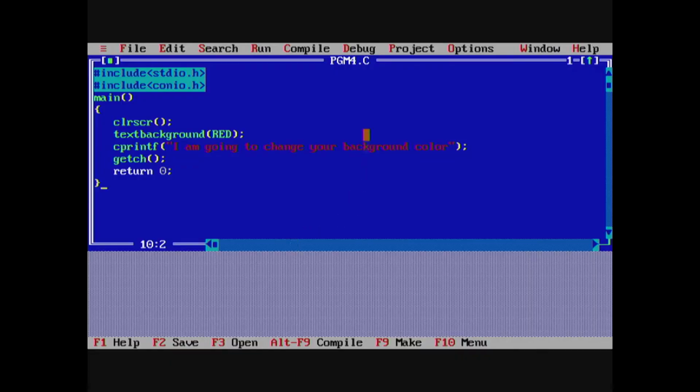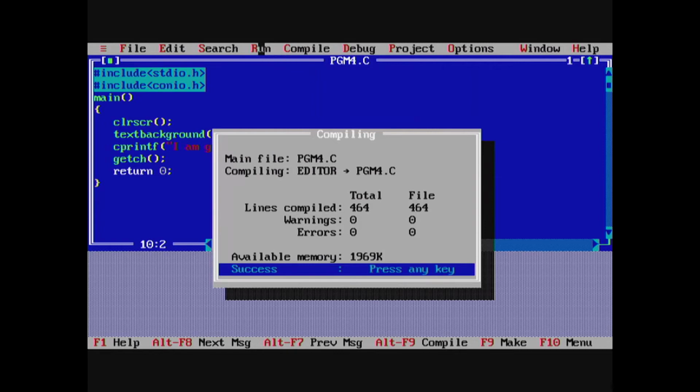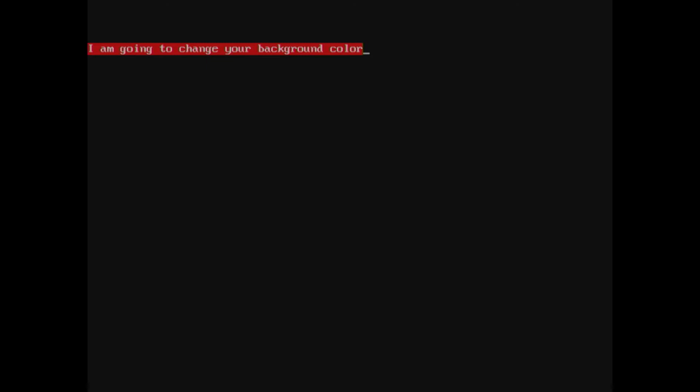Instead of this color value, you can also use the numerical value shown in the previous section. An output captured after executing this program is shown on the screen. You first compile and run this program, and you can see in the output that the text background is changed to red.